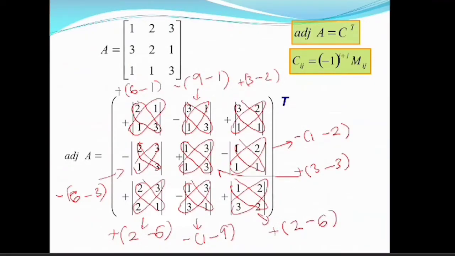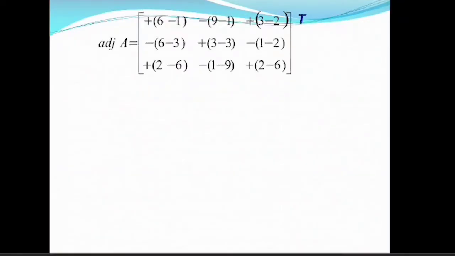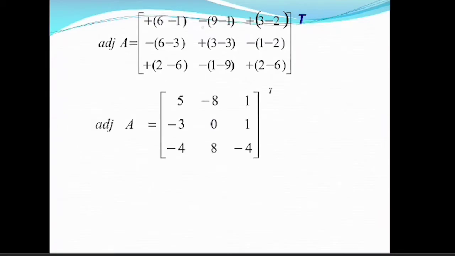Make sure you do these steps very carefully, because this is where students usually make careless mistakes. Make sure you have the brackets there. Write your workings in the matrix like this. And then you have to simplify. 6 minus 1 is 5, 9 minus 1 is 8, and so on. Since there's a negative sign in front, it will be negative 8. Solve for the other numbers,